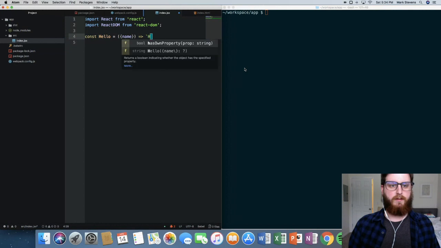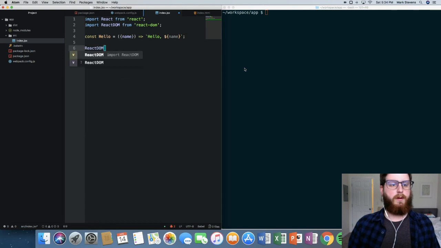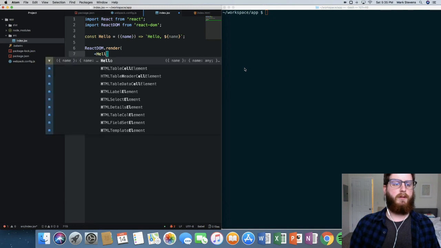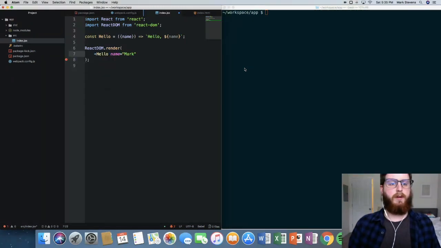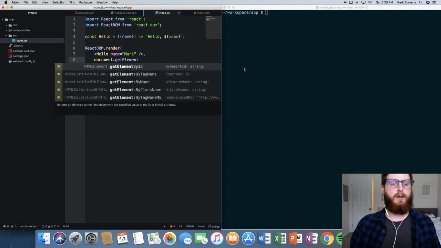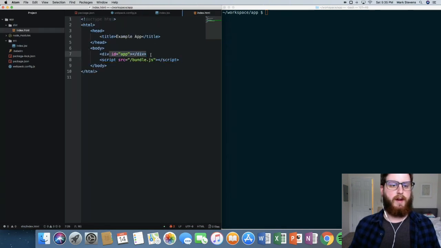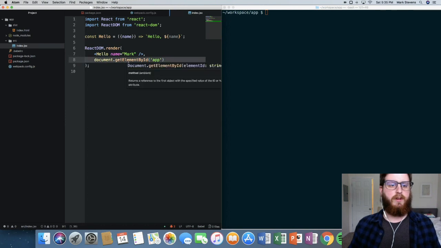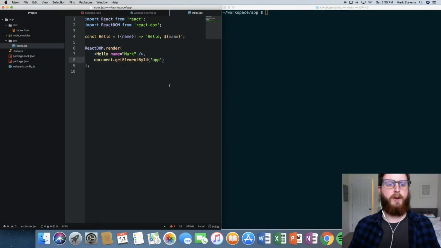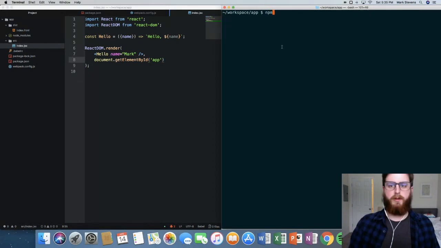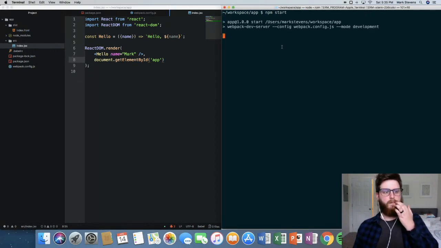We'll use a couple of ES6 features that are useful. There's our component, and then we're going to call ReactDOM.render, which takes 2 arguments. The first one is a component to render, which will be that Hello component. We'll pass it a name. I'll give it my name, like that, put a comma after it, and then we need to put this component in a node ID'd by app, which we specified in the dist index.html. We had the ID of app in here, and so that's just going to put this React element into that DOM node. Okay, so save that up, run npm start over in the console,